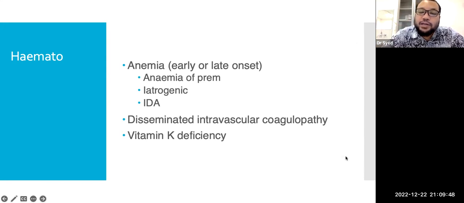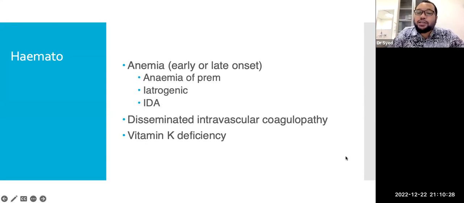If you want to send a renal profile, liver function test, you need around 1 mil. If you want to test for coagulation, PT, APTT, INR, you need around 1.5 mils of blood. Then for thyroid function, you need around 2 mils of blood. If you want to test for inborn errors of metabolism, you need up to 10 mils of blood. If you can imagine, for example, a 1 kilo baby, the total blood volume in a baby is 80 mils per kilo.